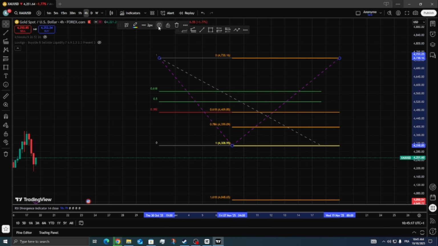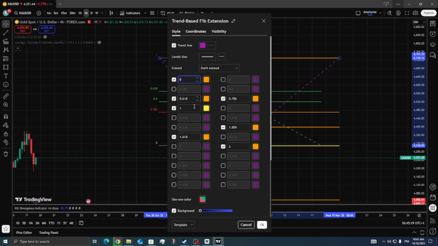You can screenshot this and take a note. These are the most popular FIB retracement levels,